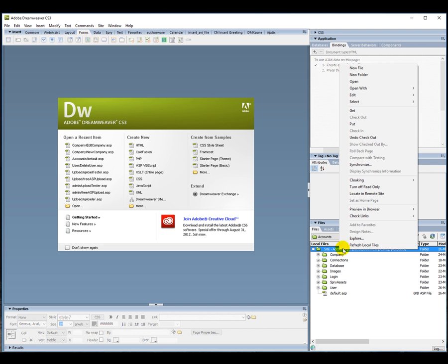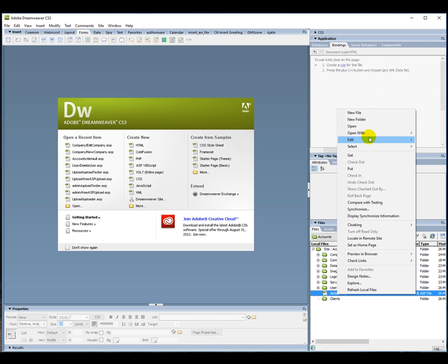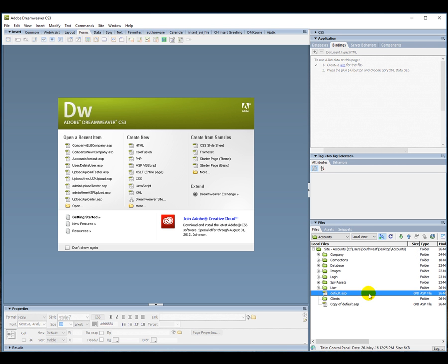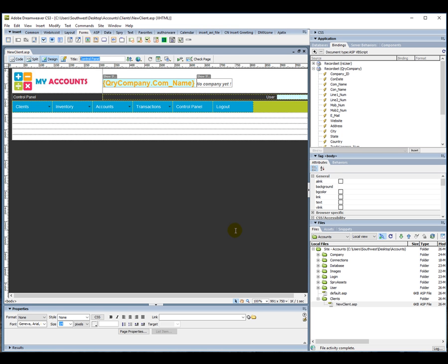Alright, so over here again we're gonna start with the same thing. I'm gonna make one folder which is going to be our clients folder. Alright, same thing we're gonna do. We're gonna right click on the default page, and I will duplicate it, and I will choose this as a new client. Yes, update. I'm just gonna click on my client. Yes. Alright, so once it's in the client folder, just go ahead and open this, and of course change the